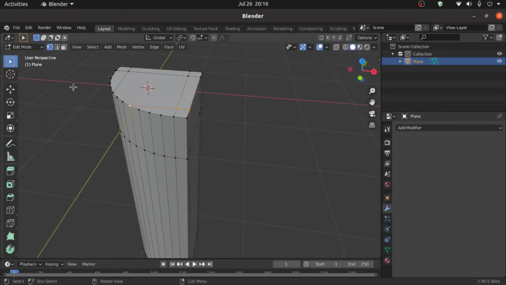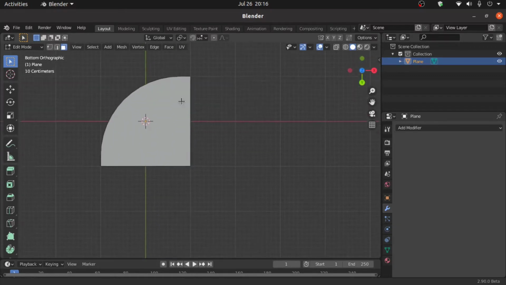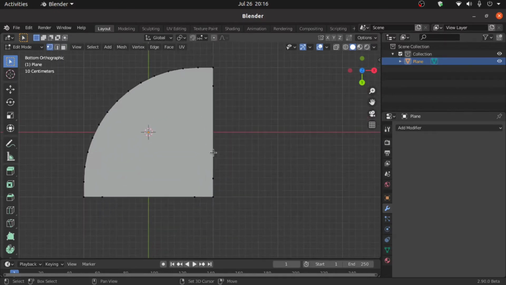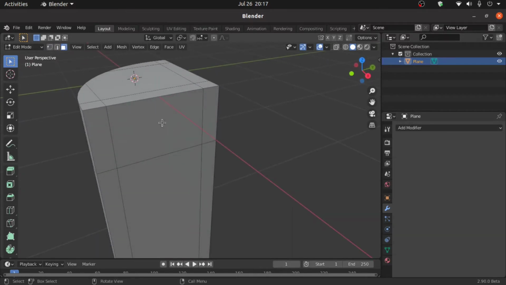Okay, do the same process on the bottom faces. So press Ctrl 7 for bottom view, then turn on the vertex selection mode, repeat the previous process. So select this vertex, holding Shift select this vertex. Now press J to join. Select this vertex, holding Shift click on this vertex. Now press J to join. Now the bevel modifier works on this mesh.